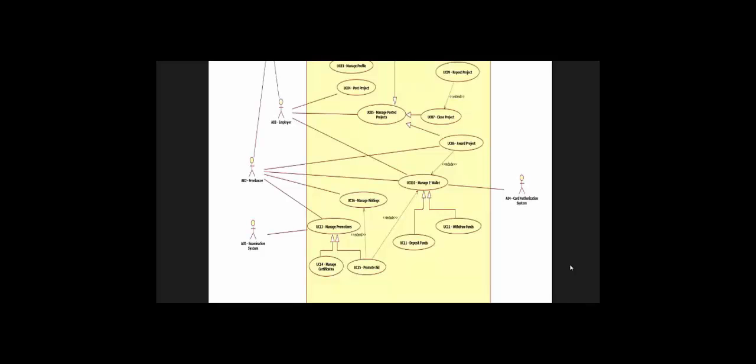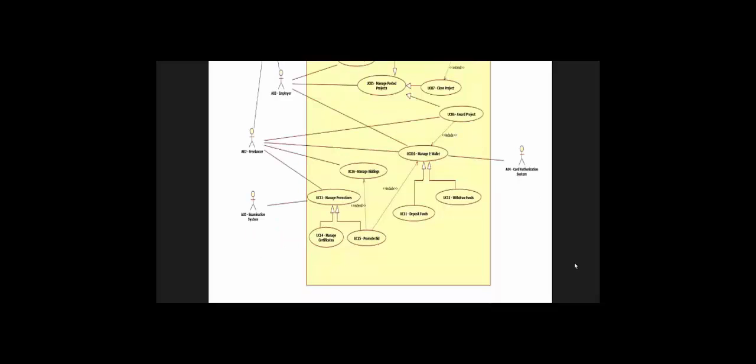Both the employer and the freelancer can avail the facility of e-wallet, and they can manage their e-wallet by withdrawing and depositing funds. The card authorization system takes care of the transaction. Moving forward, if the freelancer thinks that his bid will not award him the project, then he can promote his particular bid by paying certain fees. A freelancer can even improve his profile by undertaking examinations. The examination system here takes care of the examination and awards a certificate to a freelancer.